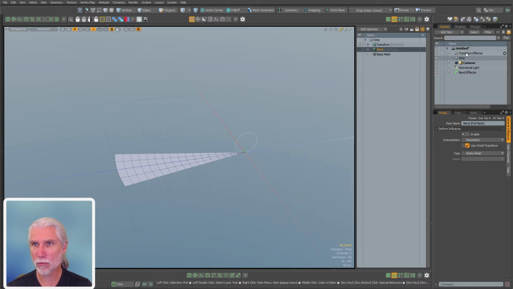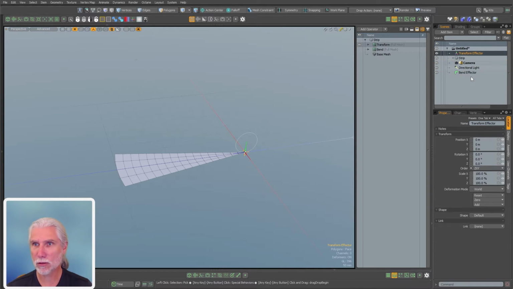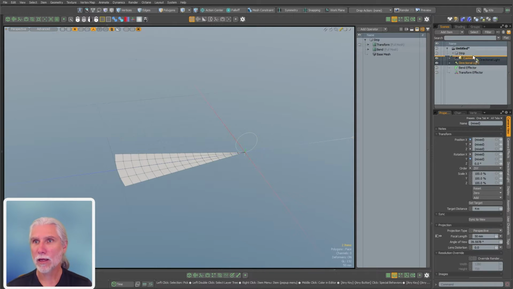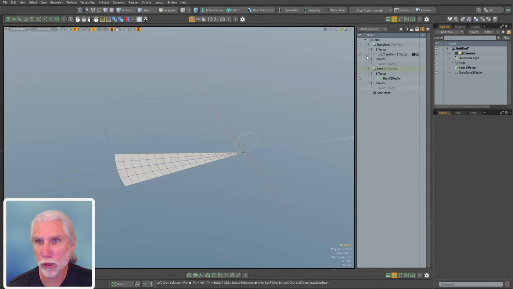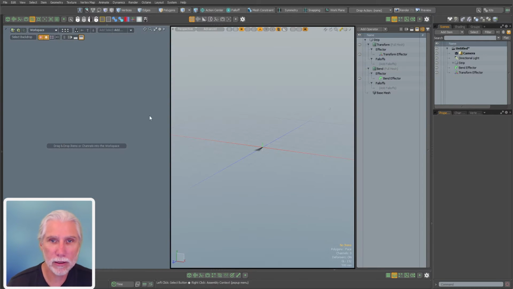And so we've got our transform effector handle, and we've got our bend effector handle. I'm actually just going to go over deformers again really quickly, just for people who may be new to MODO. Deformers consist of a number of components, right? And actually we can look at it in the schematic. You can skip this part if you know how they work, but let's look at it in the schematic